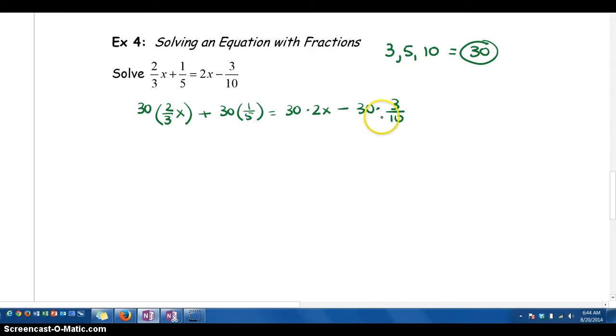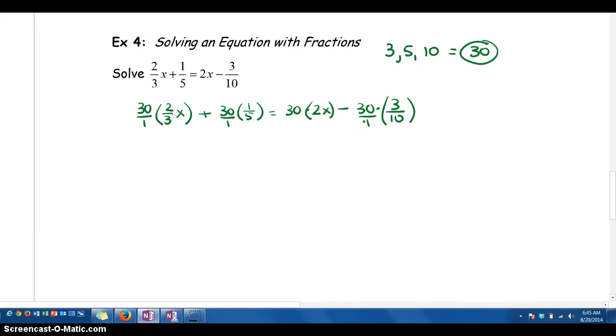I literally multiplied everything by 30. And I'm going to keep those things that they have given me in the original equation in parentheses. Alright, so this is a fraction, so I'm going to put this over 1. Put this over 1. This one isn't, so I'm not going to do that one, but this one as well,